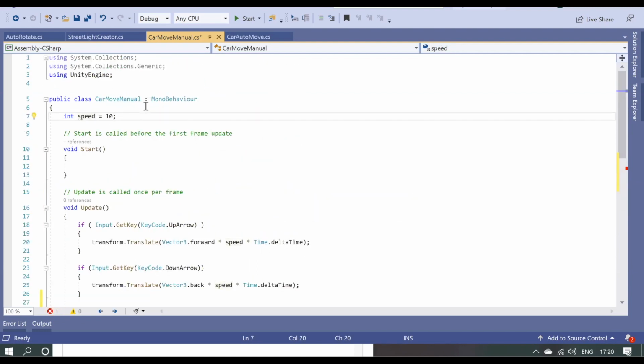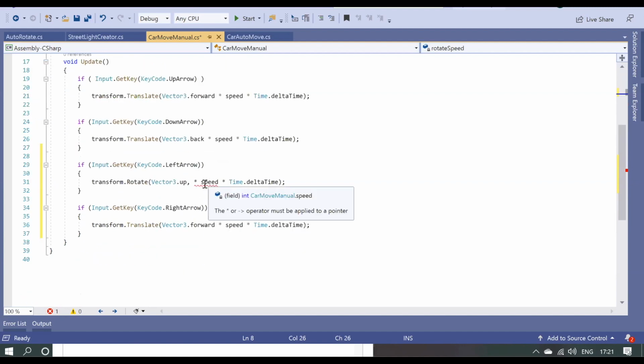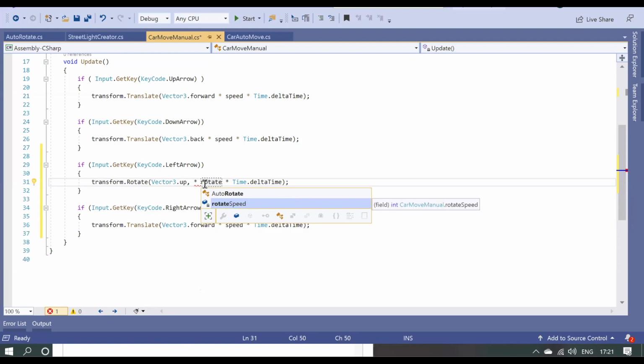So I'll have int rotate speed equals to maybe 50. If 50 is large, then I'll make it small. Rotate speed, time into delta time.